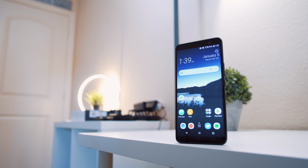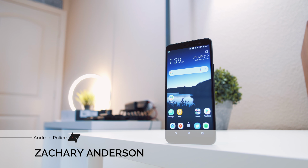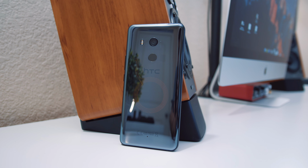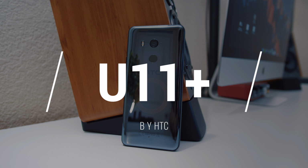So what you're looking at here is one of 2017's best Android smartphones. It's a phone with a rather impressive spec sheet. It's a phone some of you probably don't even know about, and that's because it's a phone that won't be making it to the US. This is HTC's U11 Plus, and the only thing that I can think of with this phone is what could